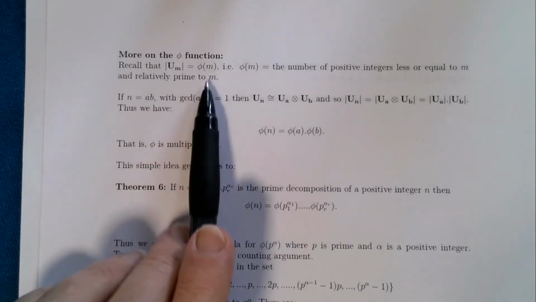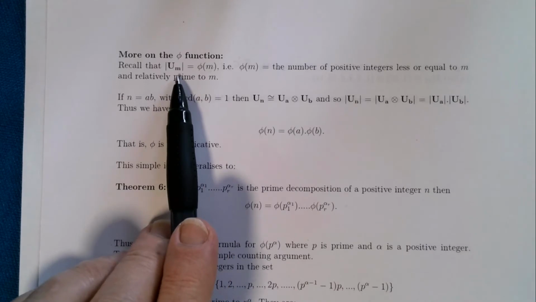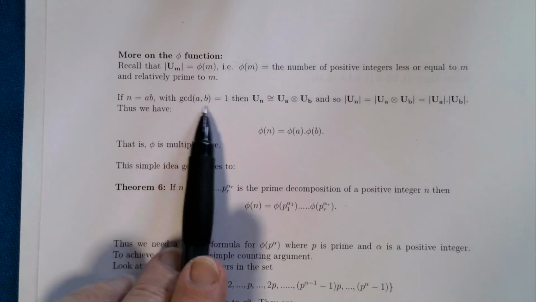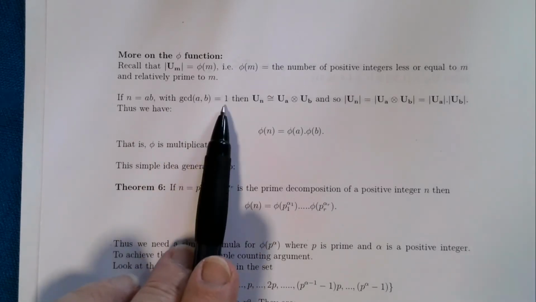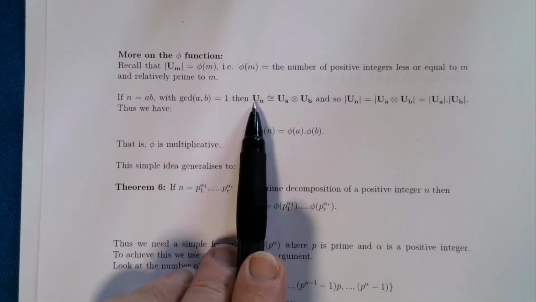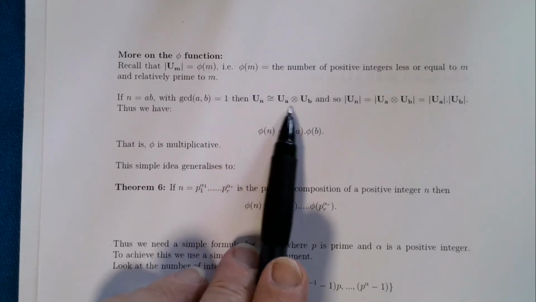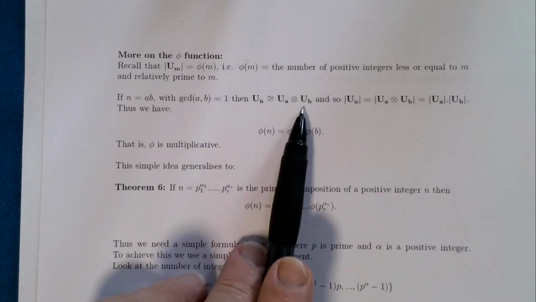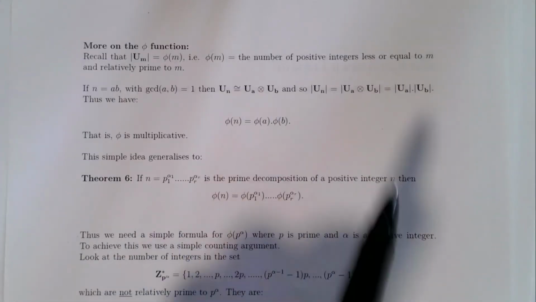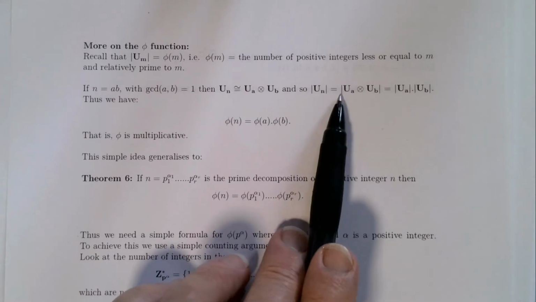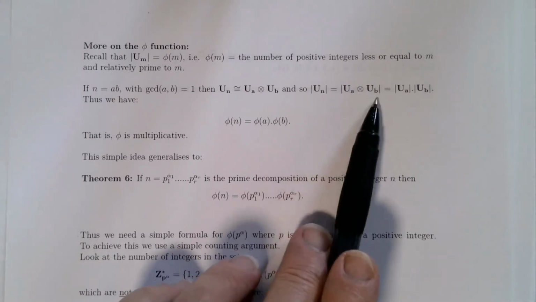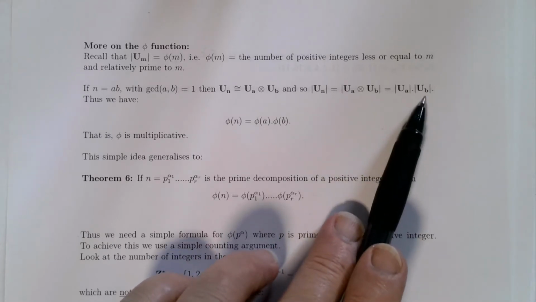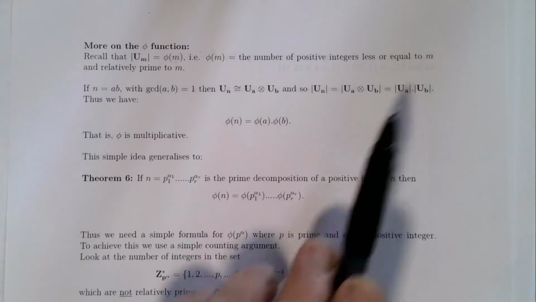So immediately, as a result of our structure theorems, we can say that if I take an integer n and factor it as a times b, where a and b are relatively prime, then I can factorise this U group as U sub a direct product U sub b. And these two groups are isomorphic, and that means the number of elements in U sub n is the number of elements in this, and this is just a set of ordered pairs, so this is the number of elements in U sub a times the number of elements in U sub b,